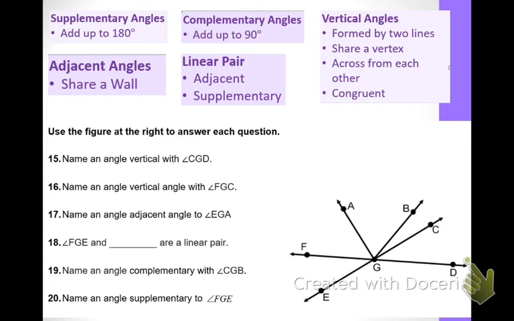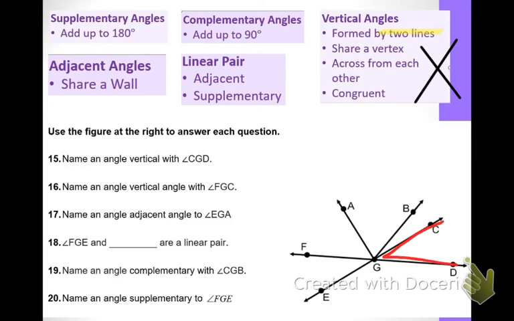Vertical angles are formed by, the reason I rewrote this is helpful to know how to find them. Vertical angles are formed by straight lines. So you want to find 2 straight lines that cross in order to identify vertical angles. And then, they're congruent and all that. So, number 15, name an angle vertical with